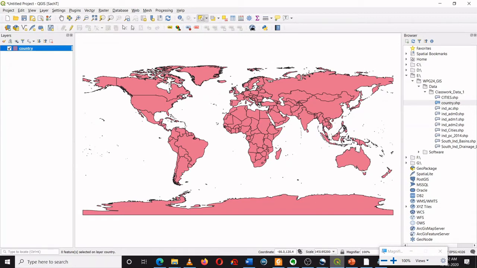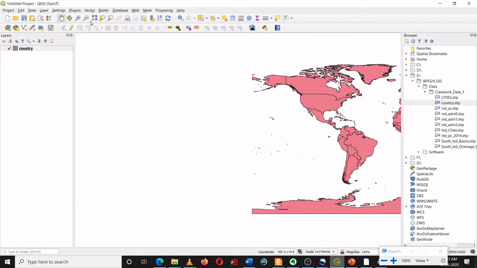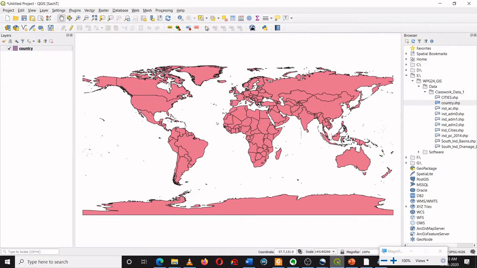For example, I am repeating this again. Now this is a pan symbol, I'm just moving anywhere. Let me bring back the zoom to layer. Then I'm selecting this. Now there is a change in the cursor, so I can again select the feature over here. This feature is getting highlighted.